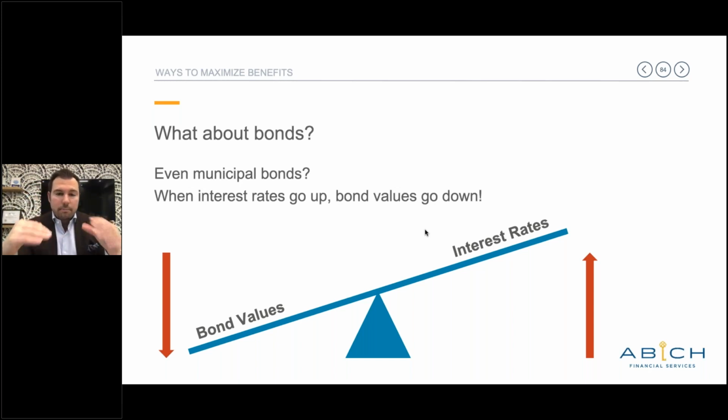Well, bonds have been on a 35-year bull run because interest rates just came down. From 2008 until now, they went into the gutter and interest rates just went down again, and interest rates are going to have to stay low. So it was a great time to own bonds because interest rates fell down and bond values went up. But as soon as interest rates go back up again, bond values will go down. Over the next decade,